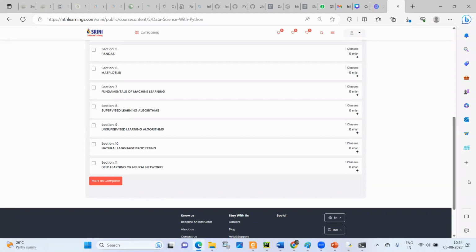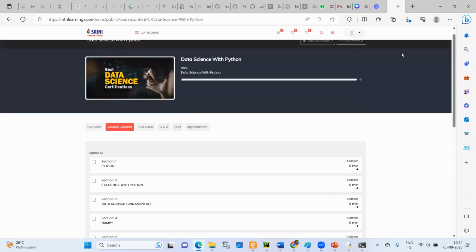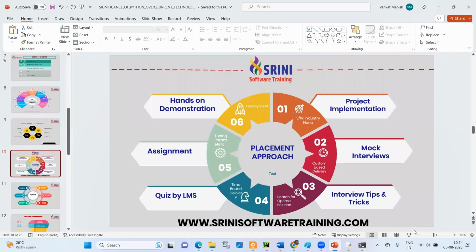And apart from this, every class, whatever I'm demonstrating, I'll upload to this LMS. Whatever material you are getting, you are going to get from the same LMS, concept wise. Otherwise, I'll be sharing the drive. That drive is going to be given accessibility to you. You can just listen to the class. You cannot download it, isn't it? So this is the approach I'm going to follow for the rest of the classes. So please try to follow accordingly. Yes or no? Yes. And this is the approach I'm going to follow for that.